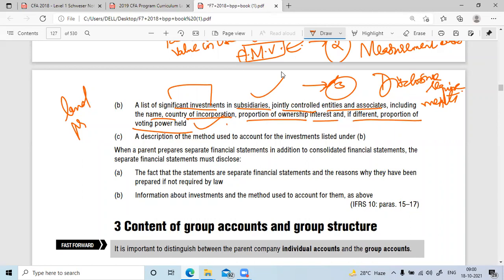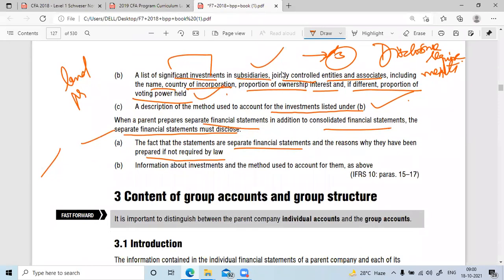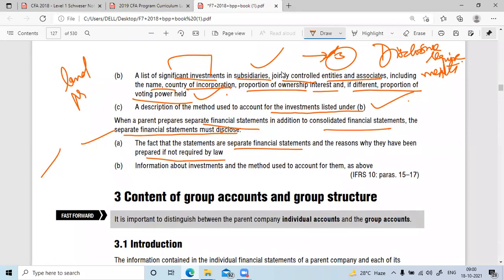Description of method used to account for investments listed under B. So when a parent prepares separate financial statements in addition to consolidated financial statements, they also do this. See, some companies directly consolidate at the end of the year. They don't go for separate, but some maintain separate as well as consolidation. The separate financial statements must disclose the fact that the statements are separate statements and the reasons why they have been prepared if not required by law. So why they do that? Reason should be given if law doesn't require them to do that, and information about all the investments whatever they have. Now,